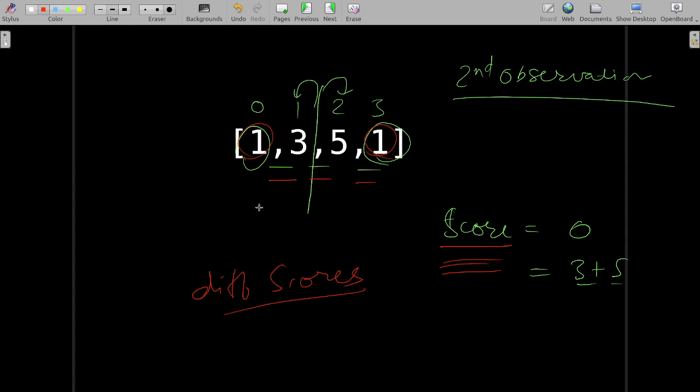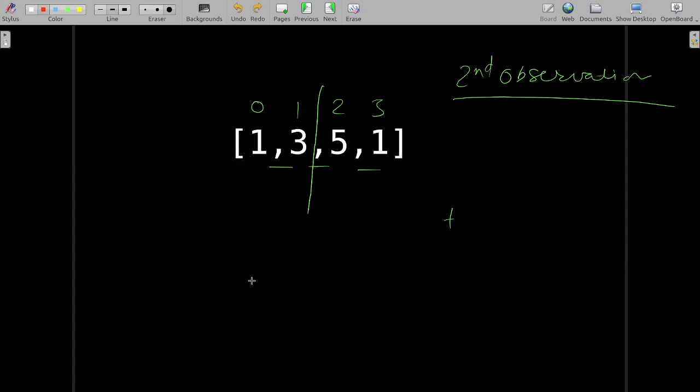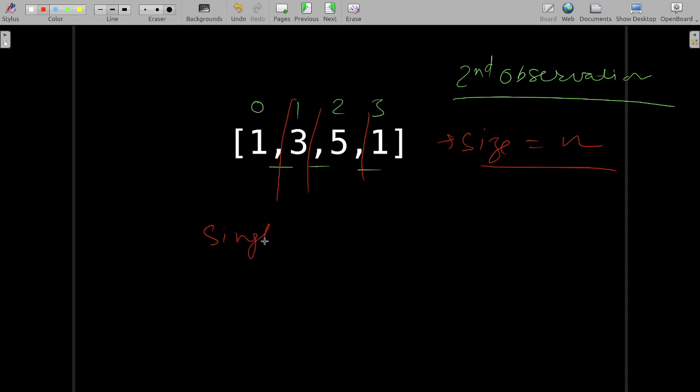Okay, now further extending our observation, we can place partition at n minus 1 spaces if the size of the array is n. So what we would be doing is simply, for a single partition, the value that partition will be adding to overall score